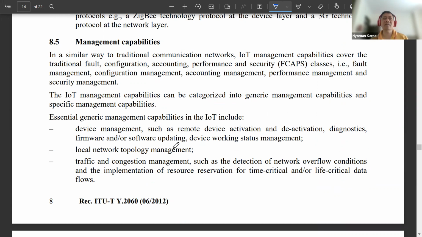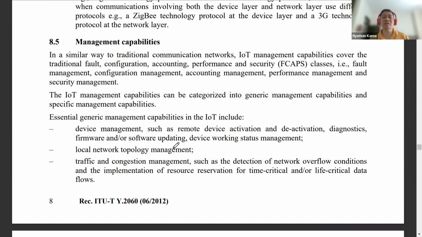How can we add a new device into our system without reprogramming the system from the start? So it's supposed to be, okay, I have a new device. I'm just going to register this device to the system, to the network. Okay, this is the management capabilities.